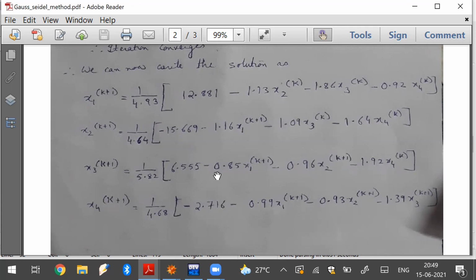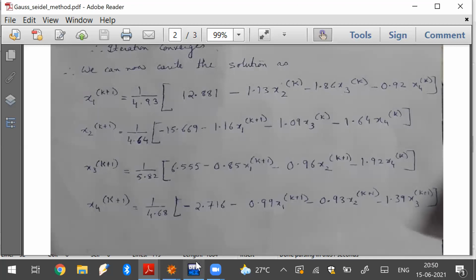See the pattern: whenever I am calculating x1, the source term is b1. If it is x1, then b1 is here, x2 then b2, x3 then b3, so xi and bi. And for any variable other than the one you are calculating, 2 is there, 3 is there, 4 is there, so I have to introduce a variable which will take care of that, so that it will not be equal to what you are finding.